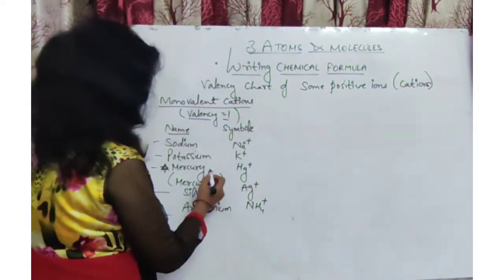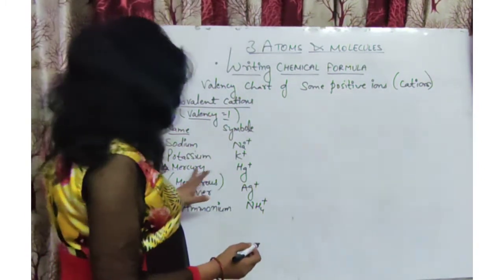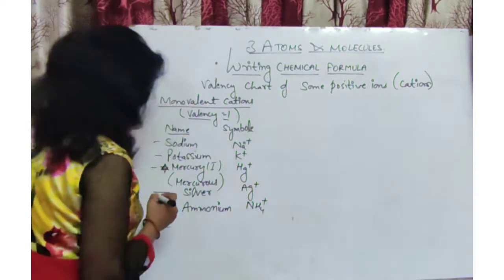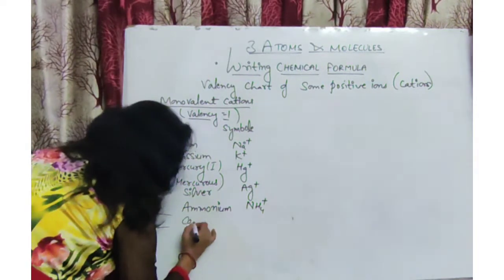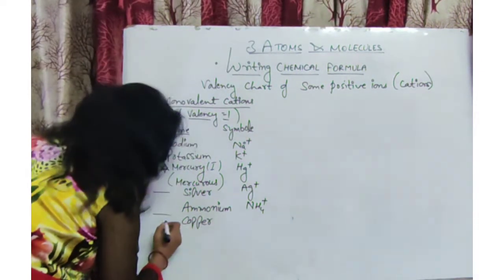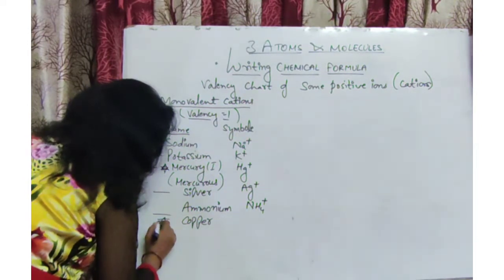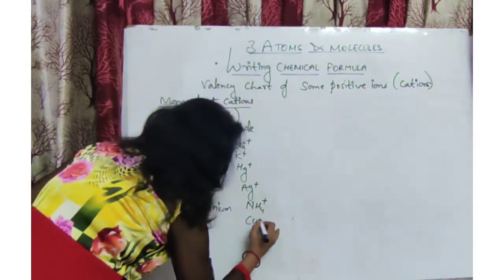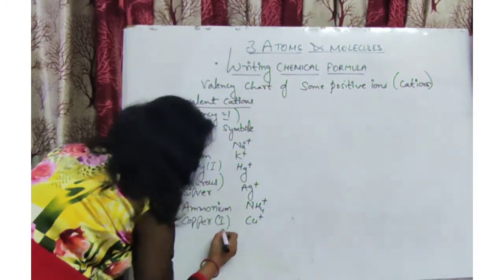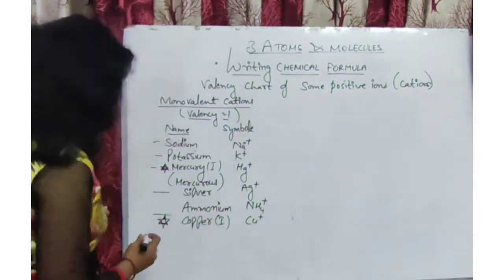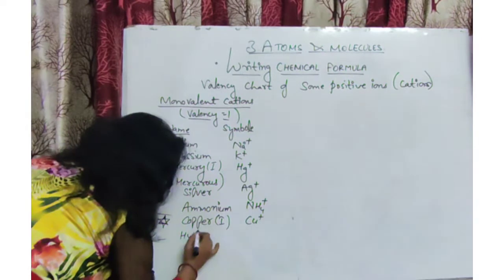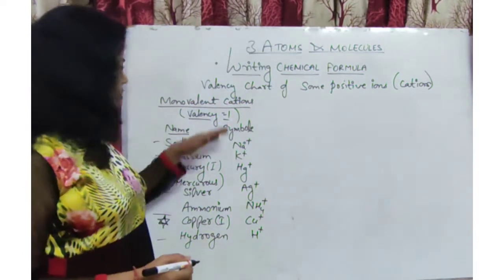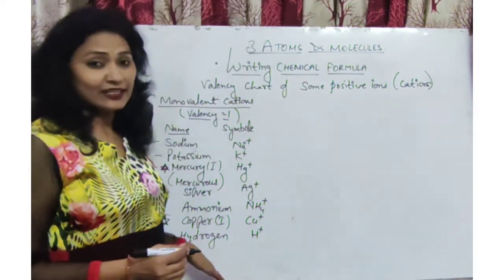that we have written here mercury. So mercury has 2 valency, 1 valency also. So we'll write in front of mercury in Roman number 1. Okay. Now we can take another, copper. Copper has also variable valency, so we can make the star here. Okay. Then Cu plus, and we can write 1 valency in Roman number in front of the copper. And last is hydrogen. Hydrogen has also 1 valency. Okay, so these are the monovalent cations.